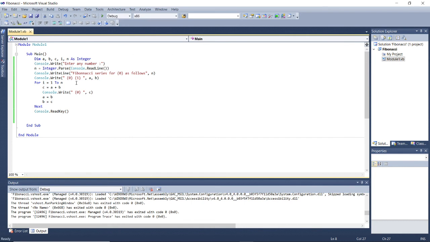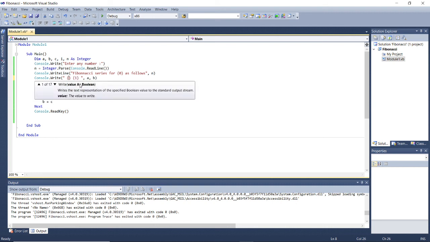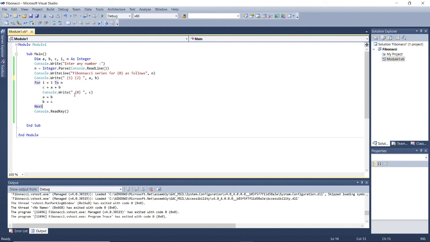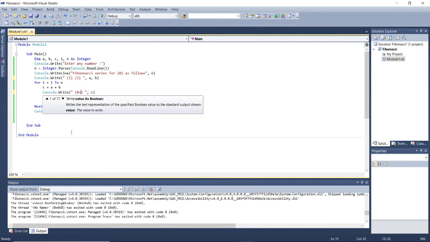I am using 0 here, so I'll start this with 1, 2, here it is 3.